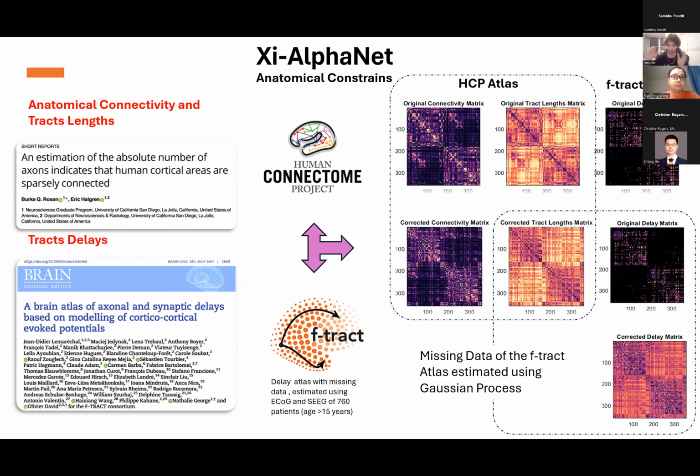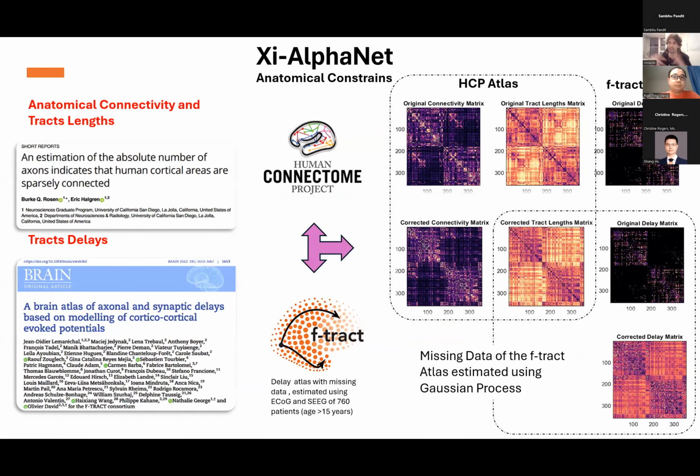And we can find this data thanks to the consortium in a recent paper where they estimate the mean delay atlas from 360 participants, but they give only a mean value. They don't give the lifespan of how this atlas evolves with age. That is really important for these normative studies that we want to conduct. So basically what we do in our paper is use all this anatomical information that you have from the Human Connectome Project to fill this missing data in the delay matrix and also find the lifespan of this delay atlas.